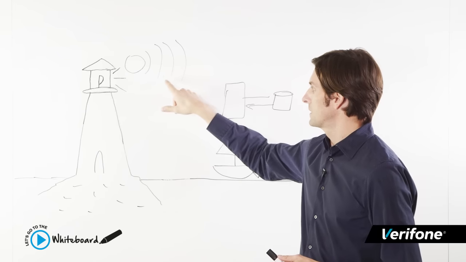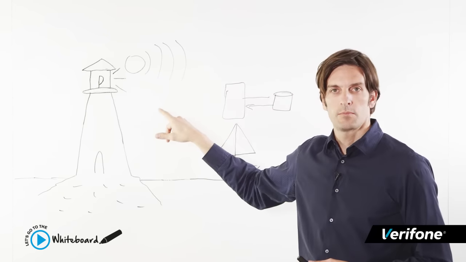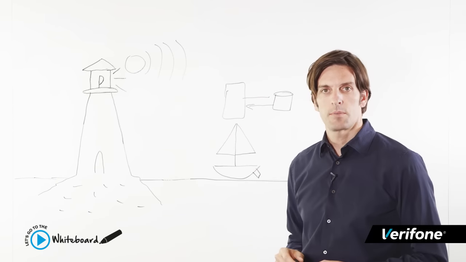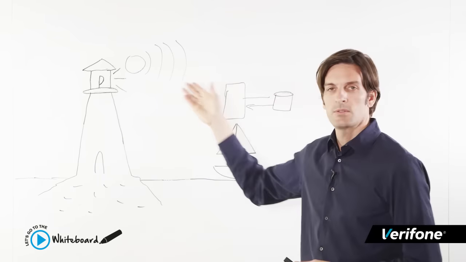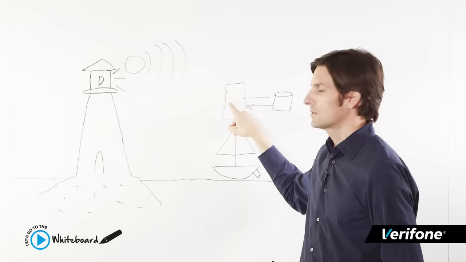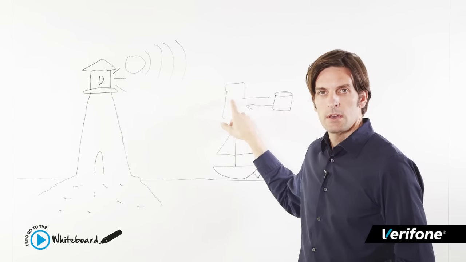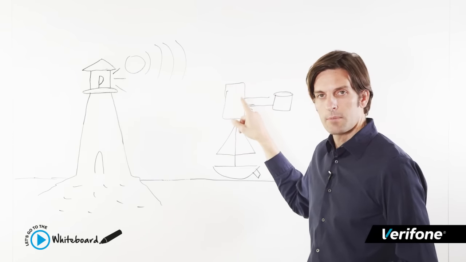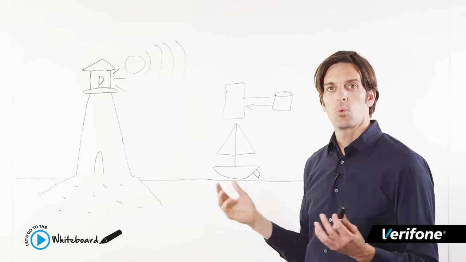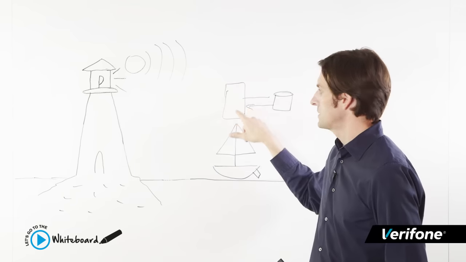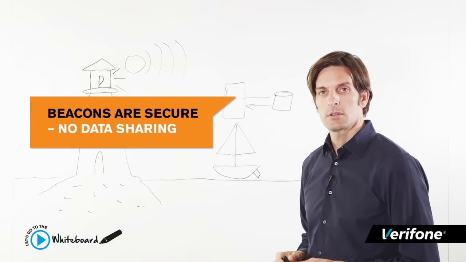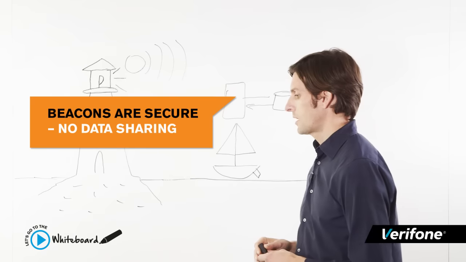The other advantage of beacons is the fact that they're secure. Because this communication between the beacon and the mobile device is not bidirectional, there's no data sharing that's occurring here. The only thing the beacon's doing is emitting a signal that's being picked up by the mobile device. The mobile device, through an application on your phone, is then determining with the application server what it should do next. All of these settings can be controlled by the consumer, making beacon technology secure and very much an opt-in technology.